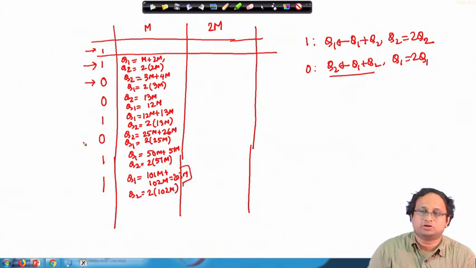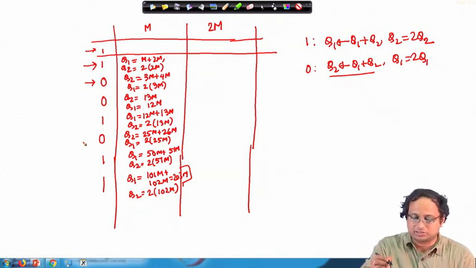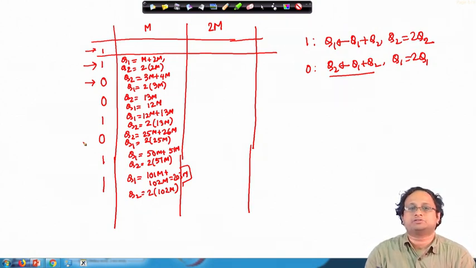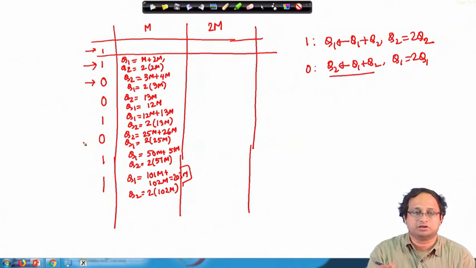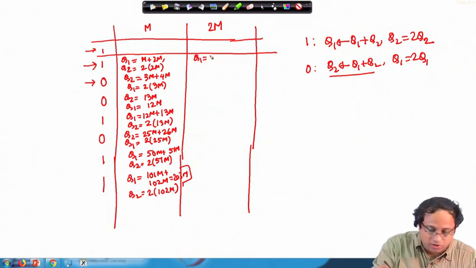So this scalar should stand for that corresponding result. Now the interesting thing is to see the evolution, what happens when you are processing 2m. Again we will do a similar thing. We will start here with Q1, so Q1 is 2m plus 4m, and Q2 is equal to 2 into 4m.